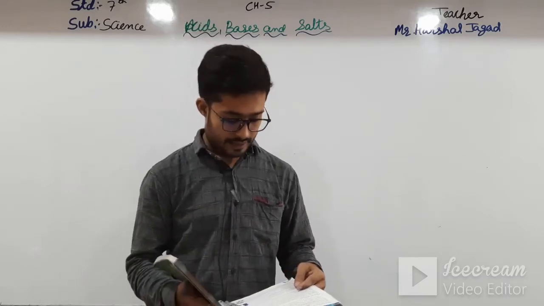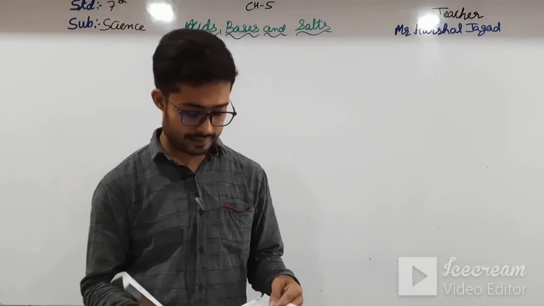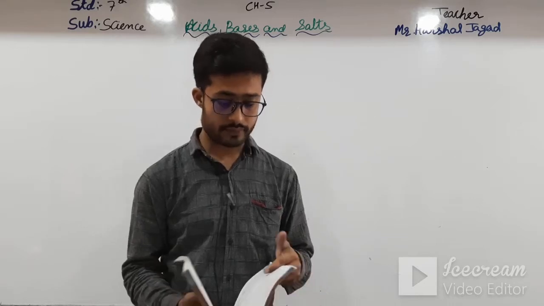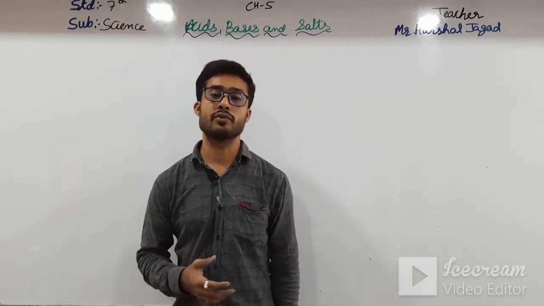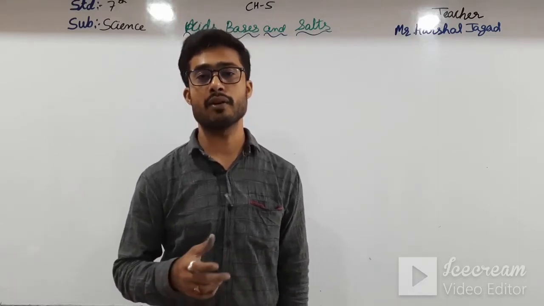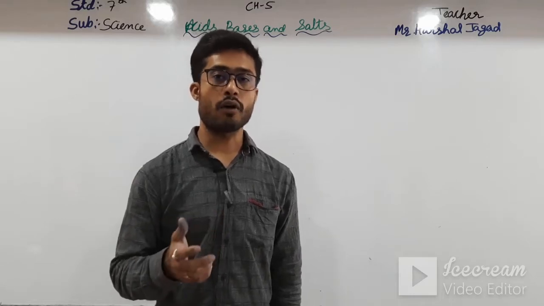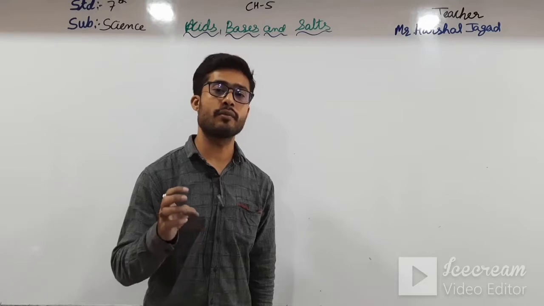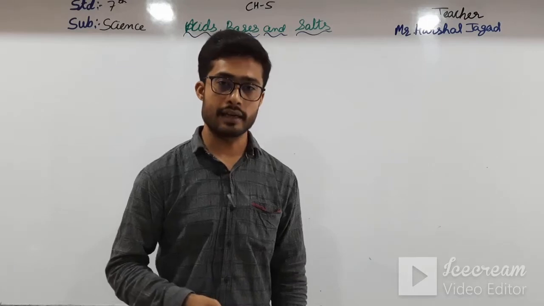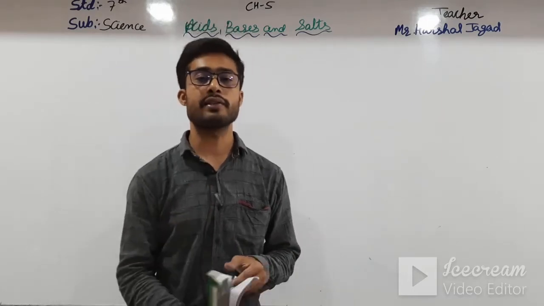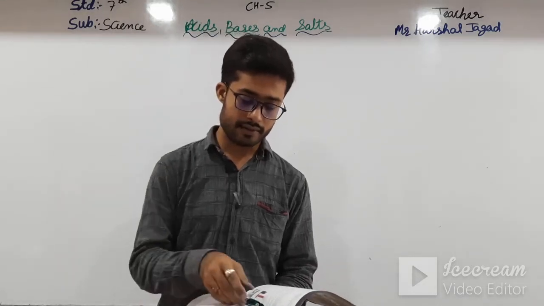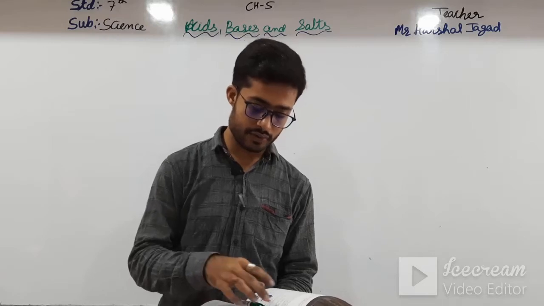Okay students, the next use is in the synthesis of fertilizers such as ammonium sulfate and superphosphate. We all know the farmers spread fertilizers. Why do they spread fertilizers? Because the crop grown there needs some nutrients. These nutrients are added externally by the fertilizers. In which fertilizers is it used? Ammonium sulfate and superphosphate. Okay students, in these two fertilizers it is used.